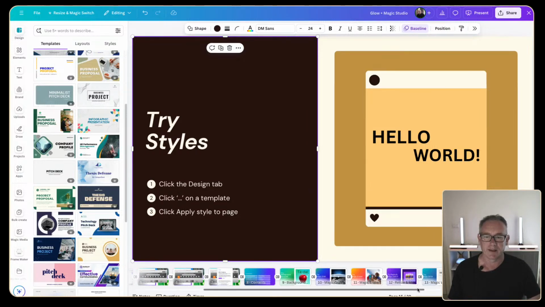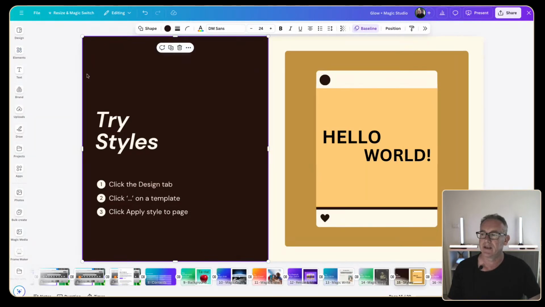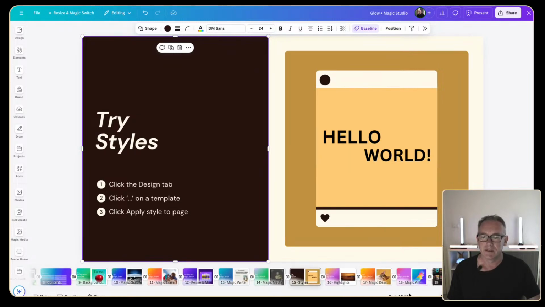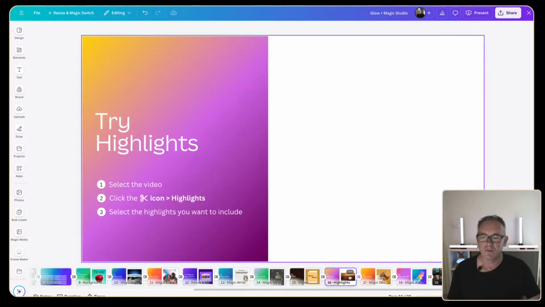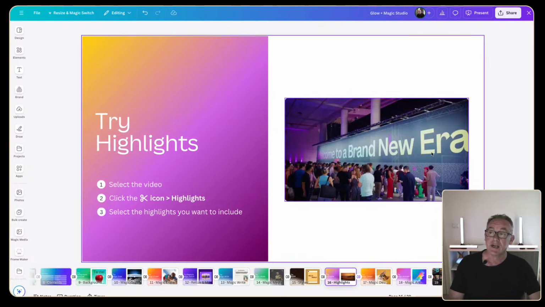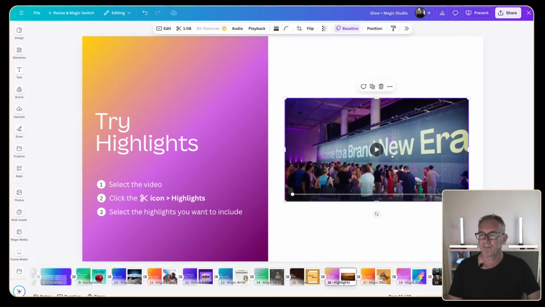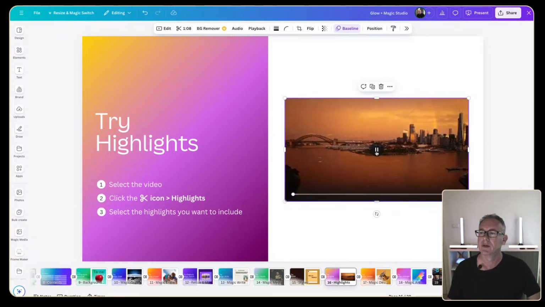Looks like we need to drag this across. Actually, something you can do up here is press this little cross here, and you can give yourself a little bit more room going. So we move on, and highlights. What are highlights? So this was one I tested this morning, and I had some problems, so I don't know whether it's going to work, but let's just try it. So if I click on this video, I'll hit play. I don't know whether the audio is going to come through, but